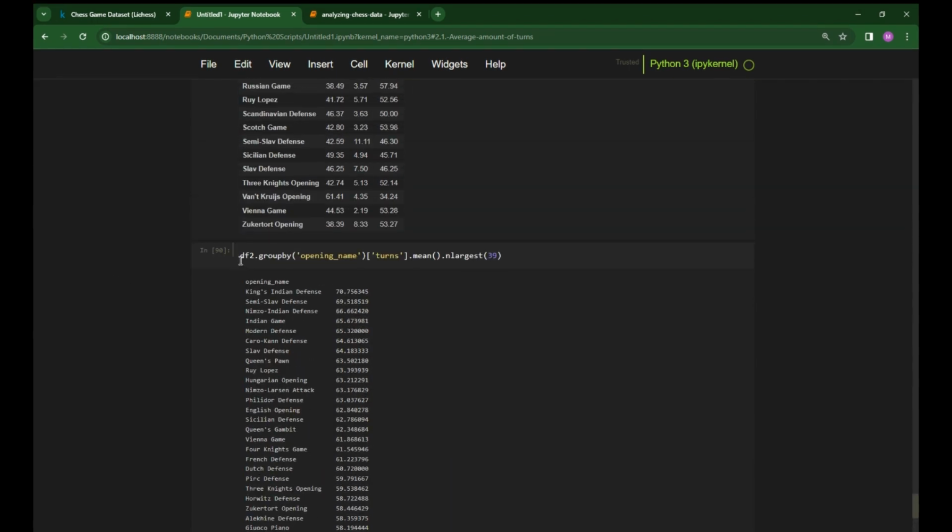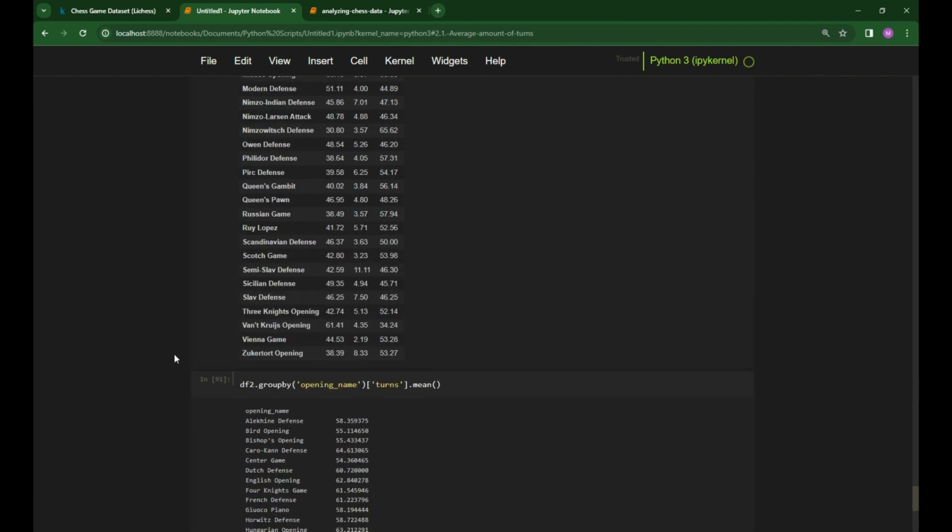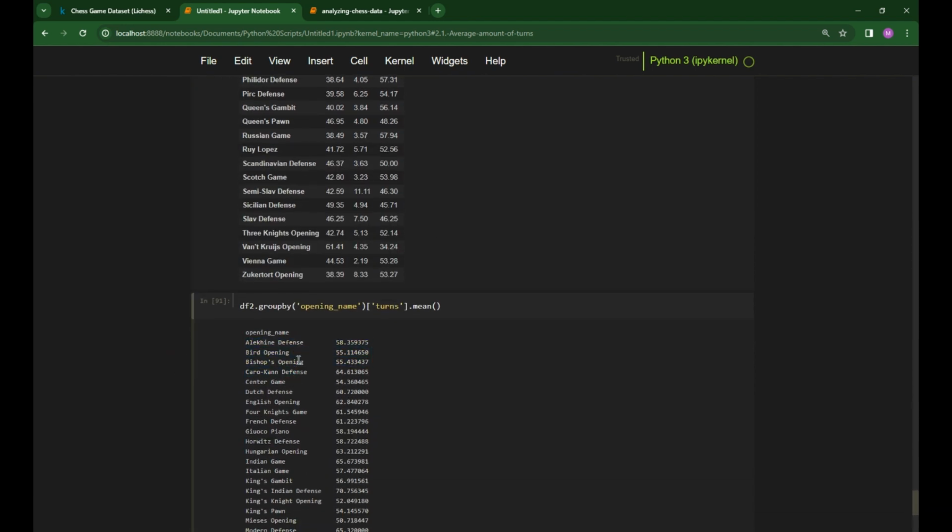So what this function does is it group bys, once again, opening names. We search for the means, and the n largest, this automatically sorts from largest to smallest. If we didn't do the n largest, we'd have, once again, the alphabetical order. But if we do the n largest,